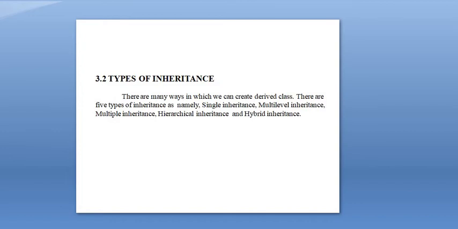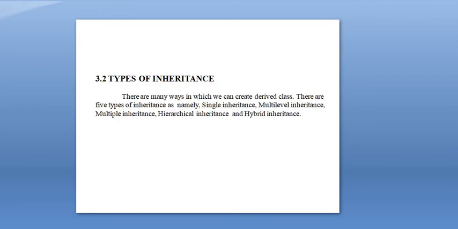In the multi-level inheritance there are a total of 3 classes. First one is a base class. By using this base class we can derive a derived class. Now this derived class becomes an intermediate class, and that intermediate class again derives a new class called a child class. So there are 3 levels: base class, intermediate class and derived class.